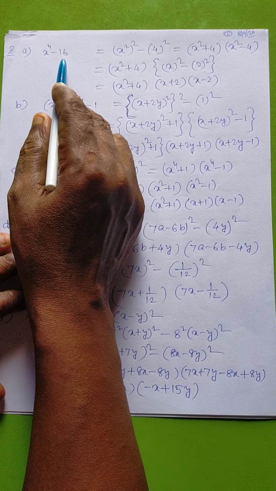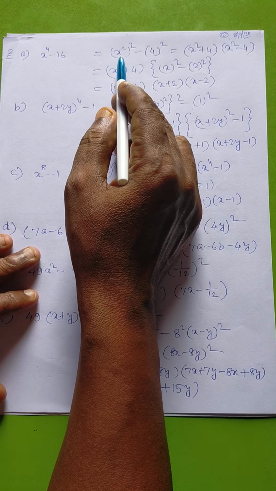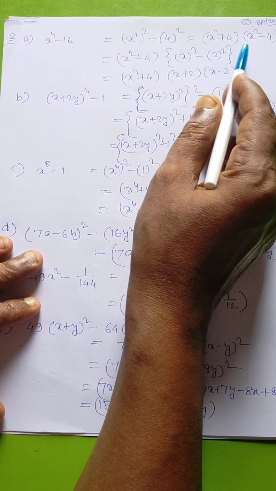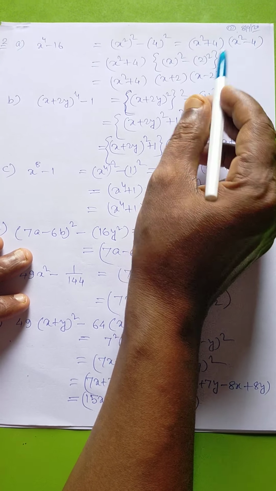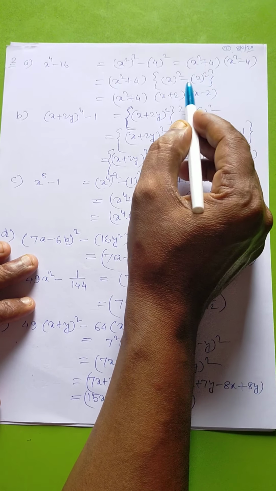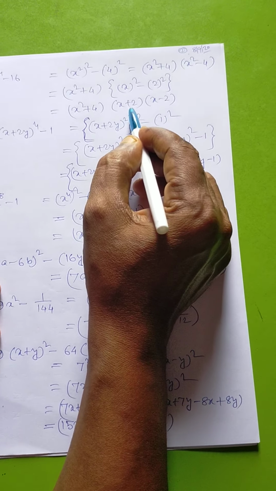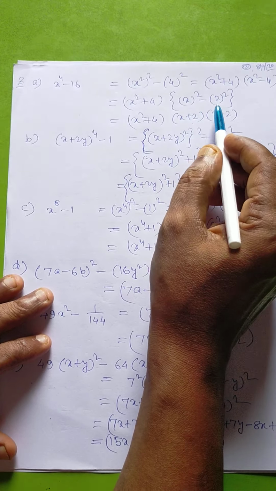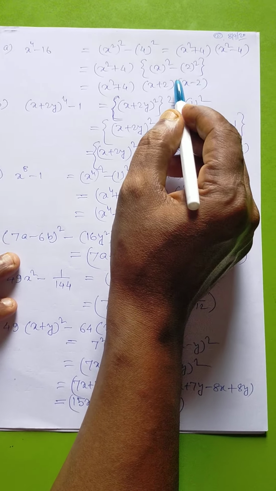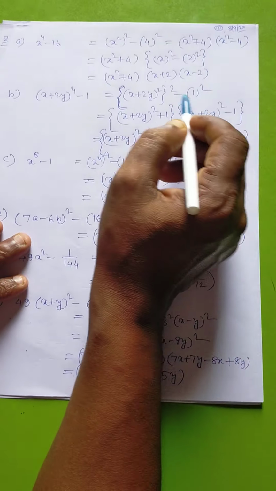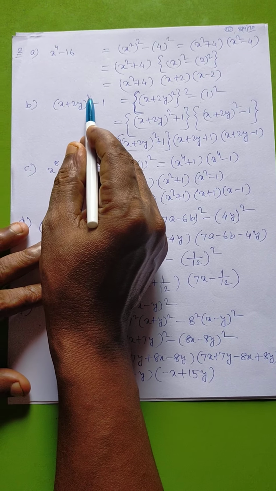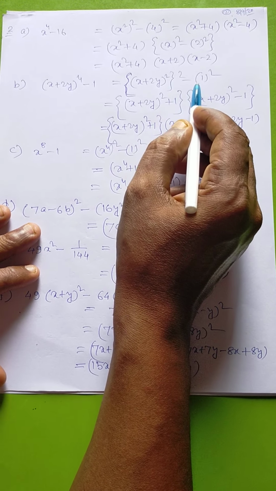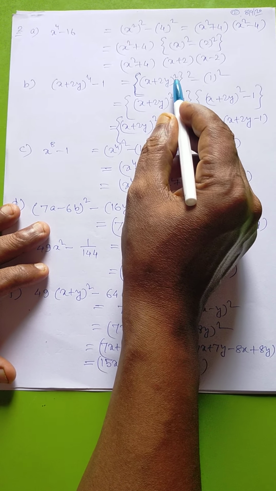x to the power 4 minus 16. First, square. So 4 and 4 square is 16. This means a square minus b square formula, (a plus b) into (a minus b). Again, a square minus b square, we are writing here, a square minus b square. So (x square plus 2)(x square minus 2), means if we say x square minus y square, same thing. But here y means 2. Means successive reduction, 1 by 1. Here it is 4, so square against square. And here 1 square.